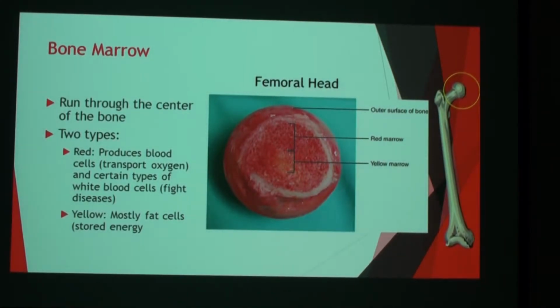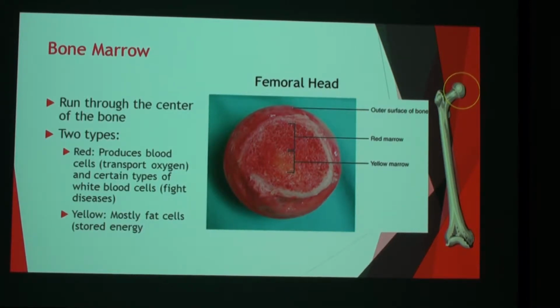One part of the skeletal system is the bone marrow, which is pretty much the insides of a bone. The bone marrow runs through the center of the bone. For example, here in the femur, it will be running like a canal on the inside of the bone. We have two types of bone marrow, one of them is the red bone marrow,